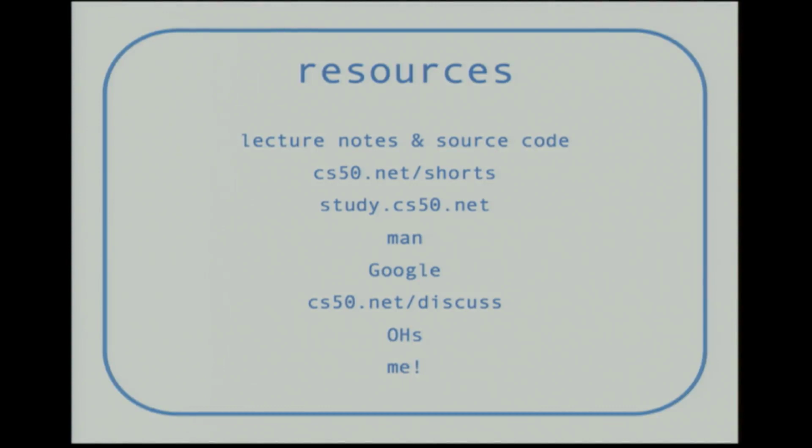So first, the lecture notes. If you go to cs50.net/lectures and scroll to the specific week and day, you'll see that there are notes for each lecture, which is not simply a transcript, but an edited version of what was covered in lecture with code snippets and other helpful tidbits. I highly recommend going over those. And then, as well, there's source code available from each lecture. And again, these slides will also be available online at cs50.net/sections